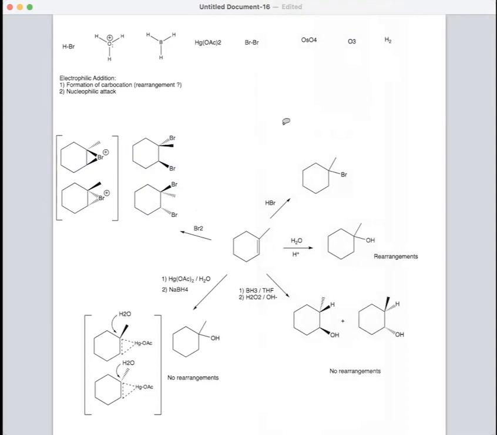What else? The reaction is stereospecific. Remember, we talked about cis alkenes giving different products than trans alkenes in bromination reactions. So that's an example of a stereospecific reaction. In a stereospecific reaction, the stereochemistry of the products depends on the stereochemistry of the reactants. So that's what you need to know for